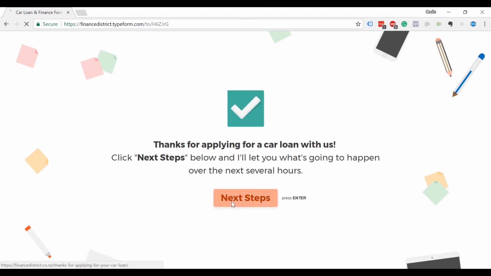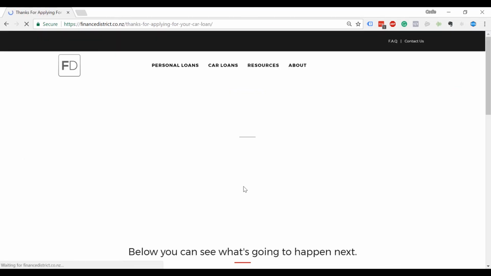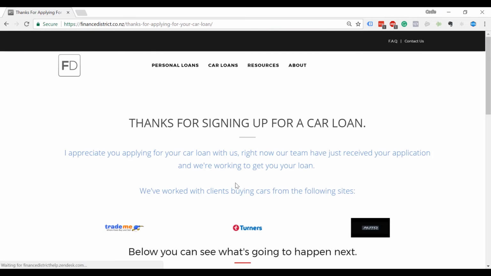So let's click next steps, and it will bring you over to our final screen that says thanks for signing up for a car loan. I appreciate you applying for a car loan with us. Right now our team have just received your loan application and we're working to get your loan funded, and